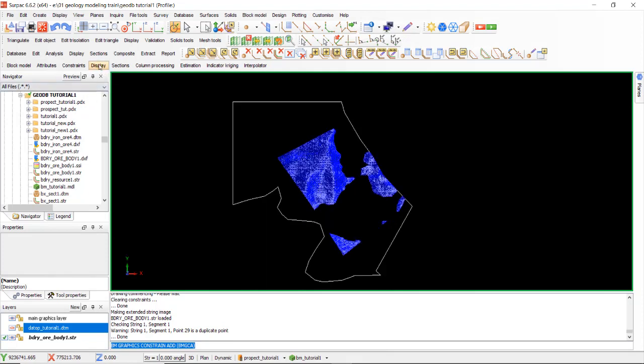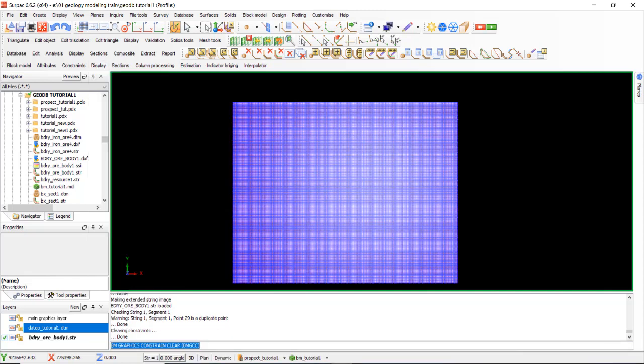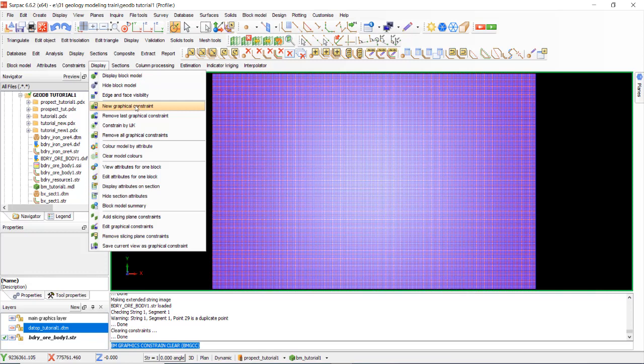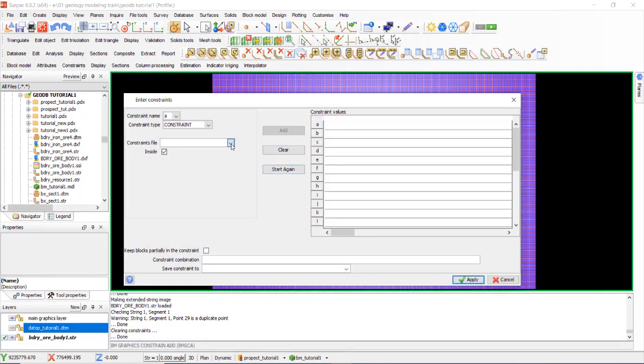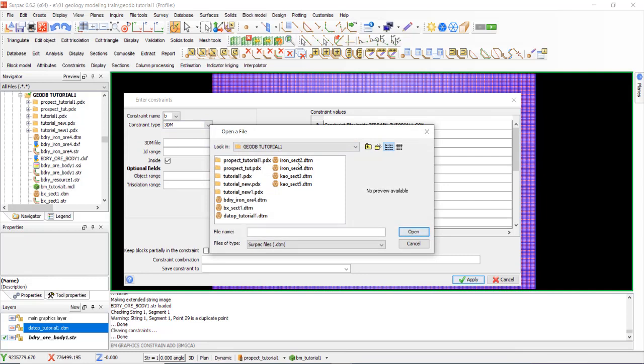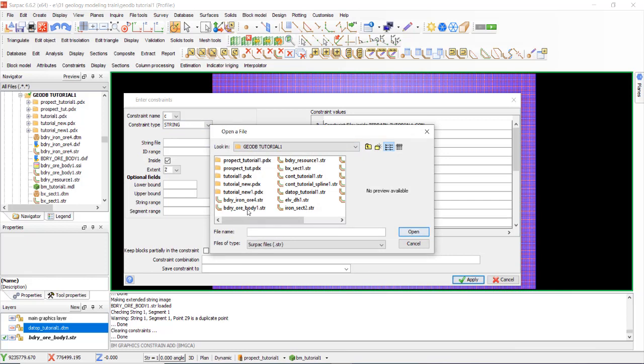Okay, next, remove all graphical constraint. Start to model the iron ore layer. Graphical constraint, terrain. Okay, select 3DM, iron ore, layer 2, open, select string for the boundary of the body.